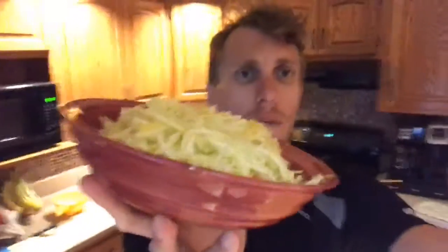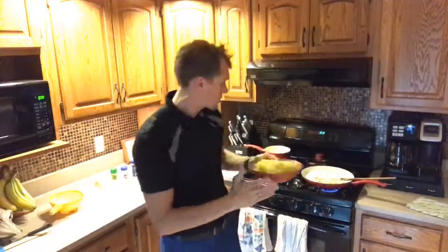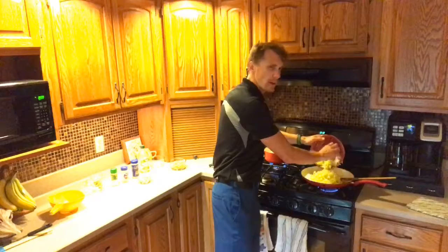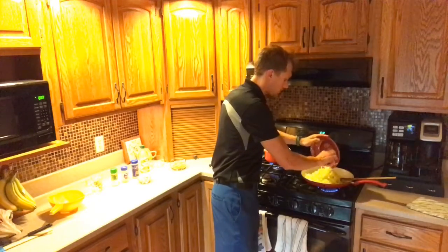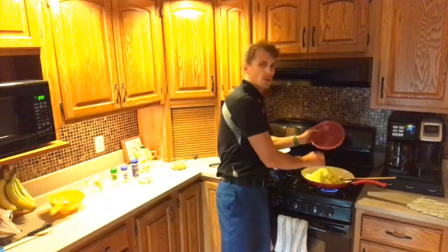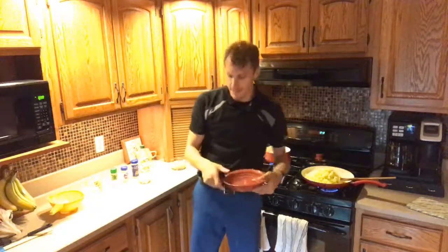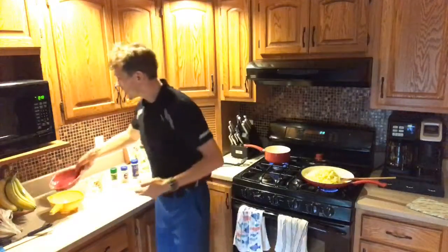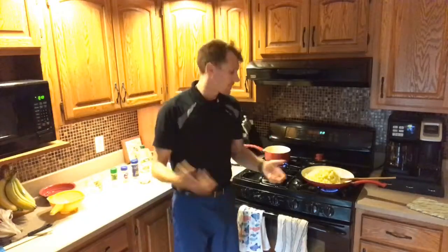Let me show you what that looks like again. Bring you over here. So the squash here is, again, 2 yellow squashes that I put into noodles. Ooh, yeah, hear that sizzle? That's beautiful. I chopped them up so they're smaller, like really bite-sized pieces. You can see some of the extras in there, right? So that size. The only reason I did that is so it breaks down faster, because this is going to